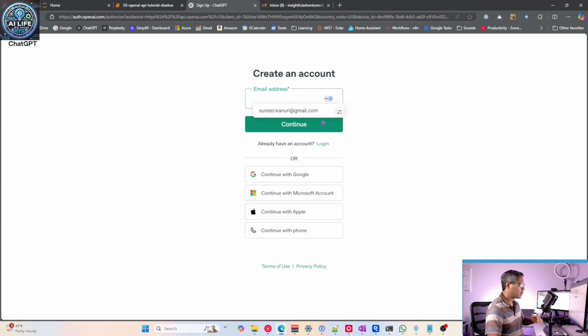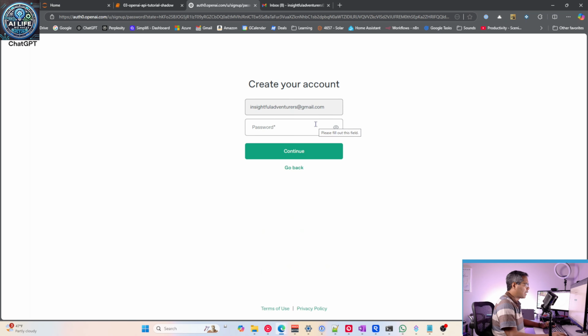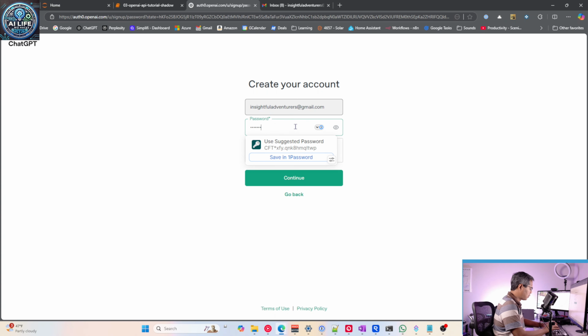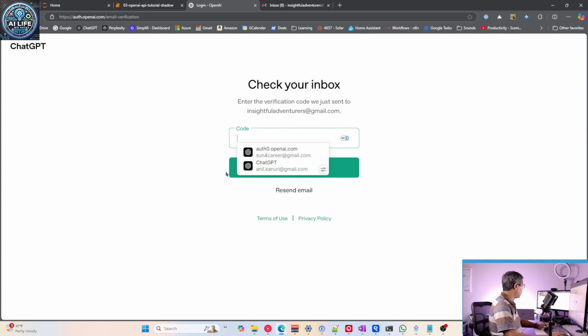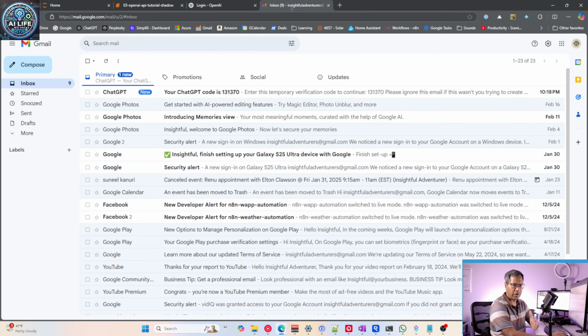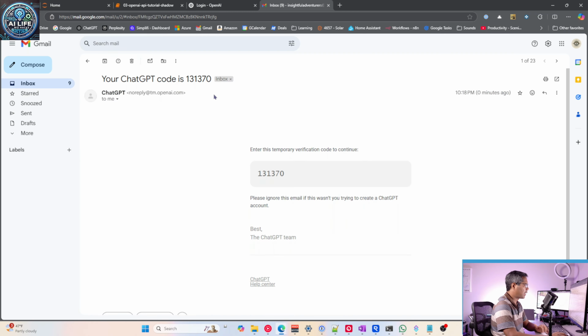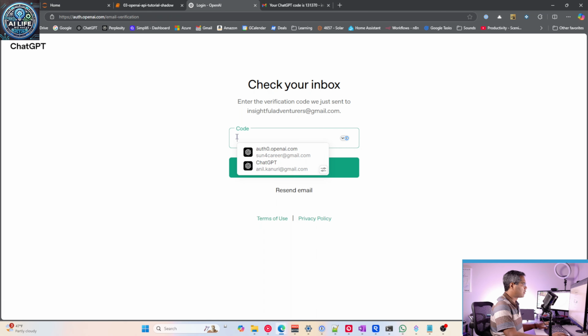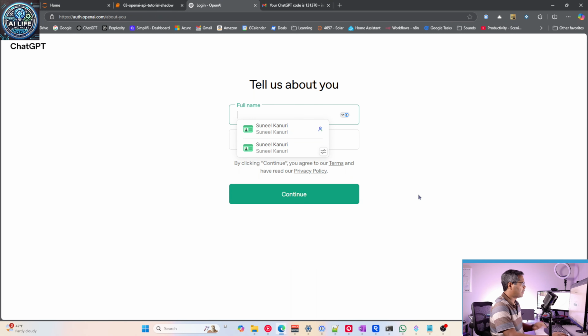Okay, so let's do that together. If you click continue, it'll ask for a password. Fill in all your details. It's going to send a code to your email address. Go ahead and get that code, which in this case I did get it. It's this number right here. You can use that to verify. Once I did that,